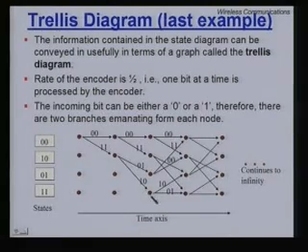Okay, so let us look at this node. The question being asked is, how does the transition happen if you are sitting at this node? What do we mean by sitting at this node? The encoder has the memory elements containing 1 1. That is why the state 1 1. Now two things can happen. Either a 0 can come in or a 1 can come in. If a 0 comes in here, this is a shift register. The rightmost one will be discarded, the left one will occupy the place of the right one, and a 0 will come in. So, you will clearly go to state 0 1.